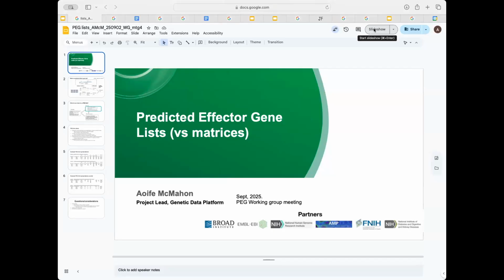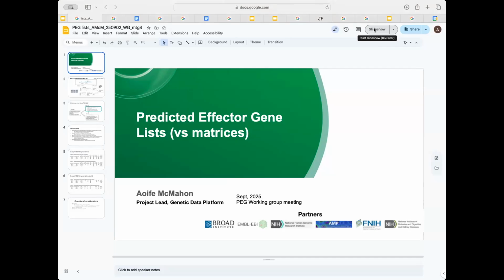Great. Okay. So I just wanted to touch on this because we haven't touched on it in a little while. I think the matrix is in pretty good shape, but we should touch on the differences between lists and matrices. This is the slide we presented way back at the start, talking about what a predicted effector gene list is. We have our different evidence streams.